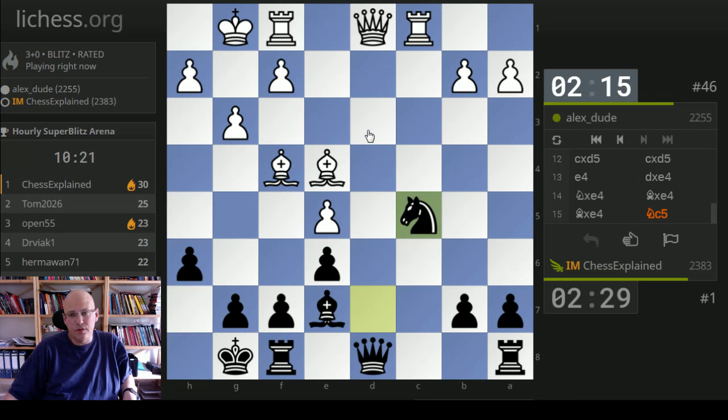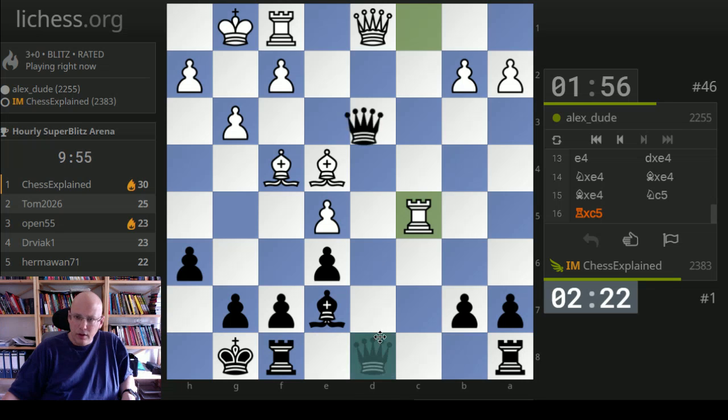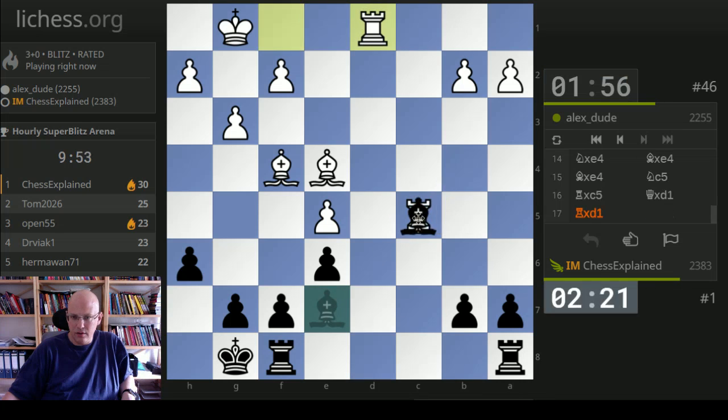Queen c2 is also a mate threat. Interesting. Yeah, that is actually a pretty good idea. I think maybe I have to... Oh. Really? I mean, okay, he will get b7. I get that, but...